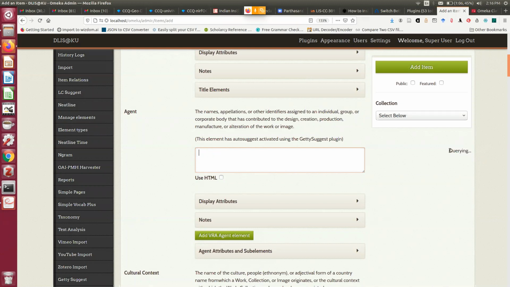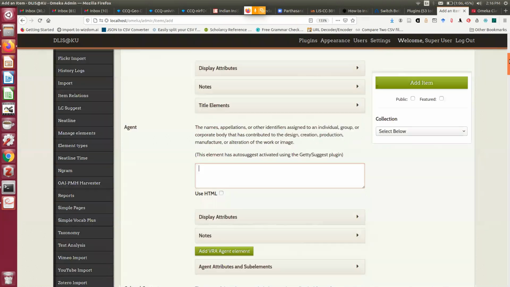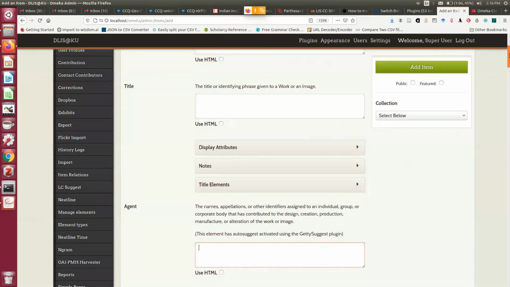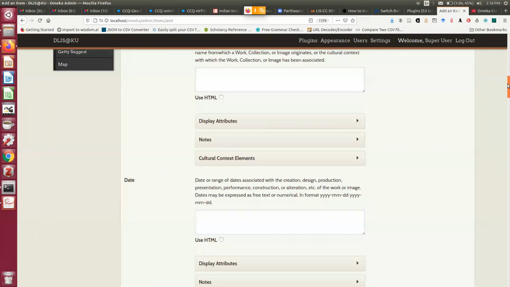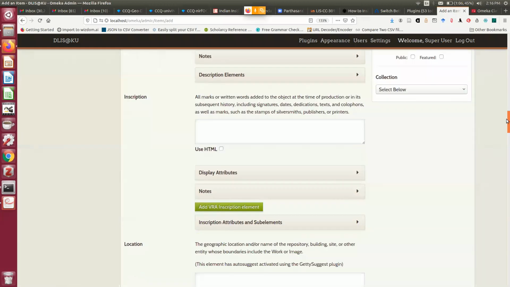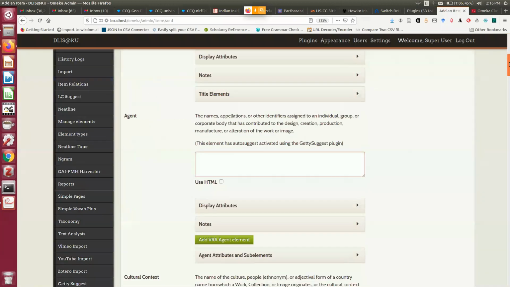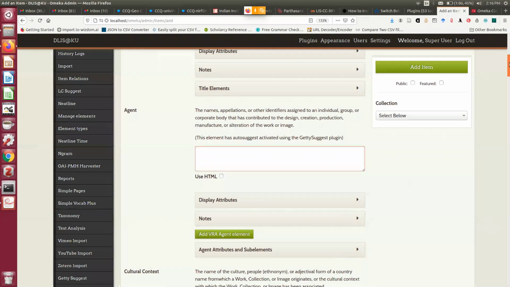Now suppose I am searching pc.artist. This element has auto-suggest activated using Getty Suggest plugin. Okay, fine.